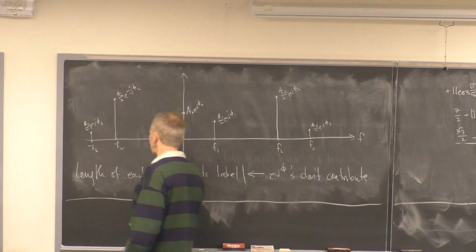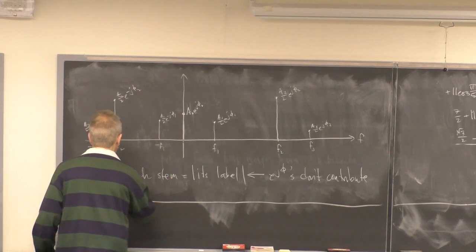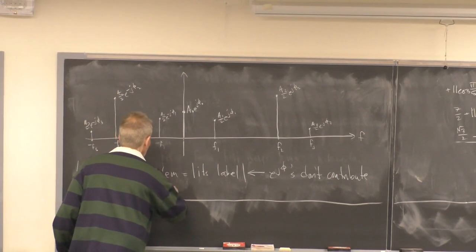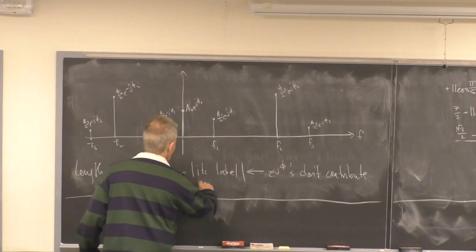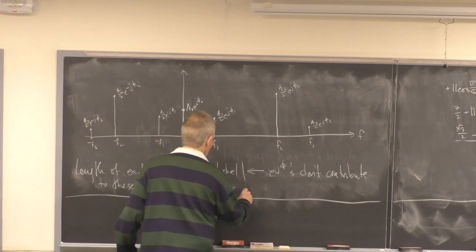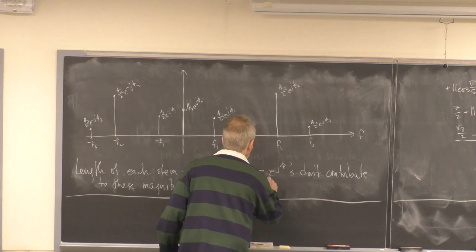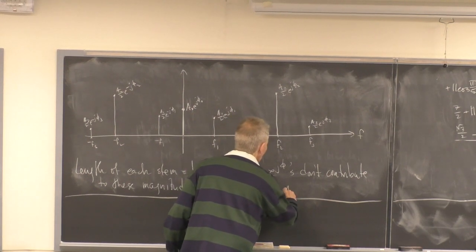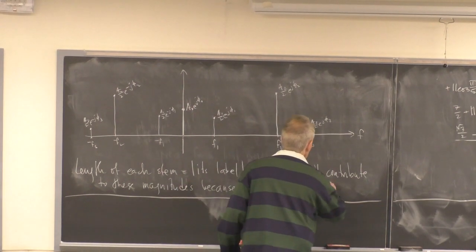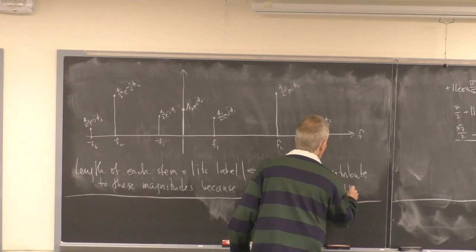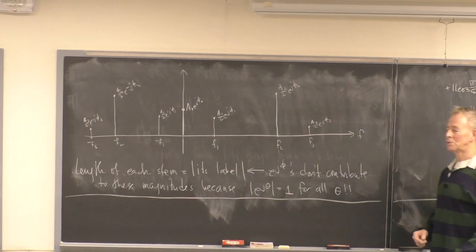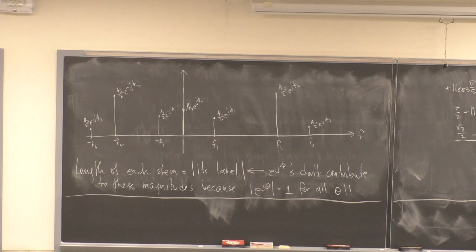So the e to the j phis don't contribute to these magnitudes. Why? Because, as we noted last time, the magnitude of e to the j theta is equal to 1 for all thetas. Can't emphasize that fact enough. Goes under folks' radar. But anyway,